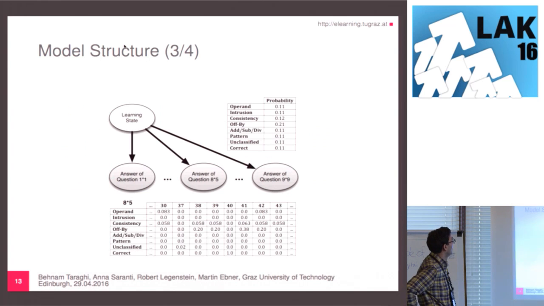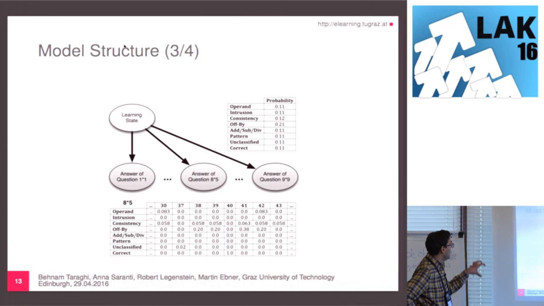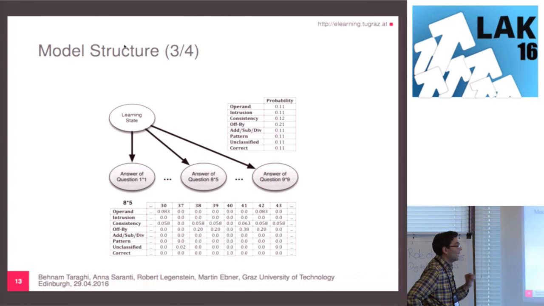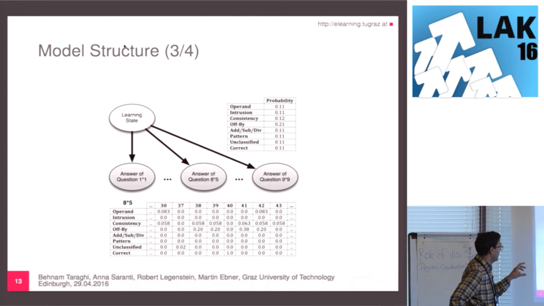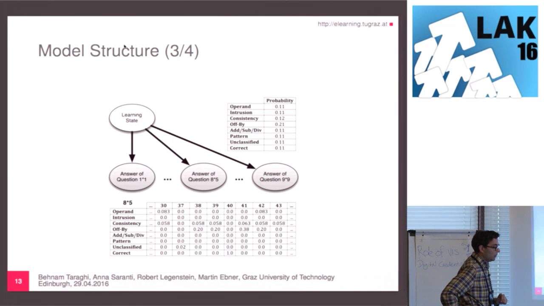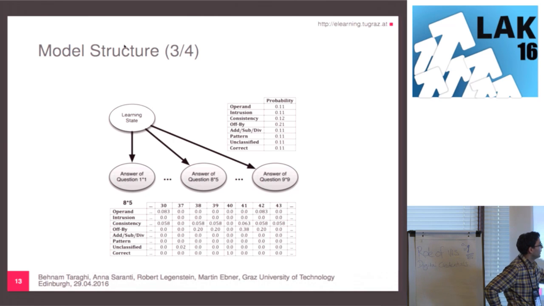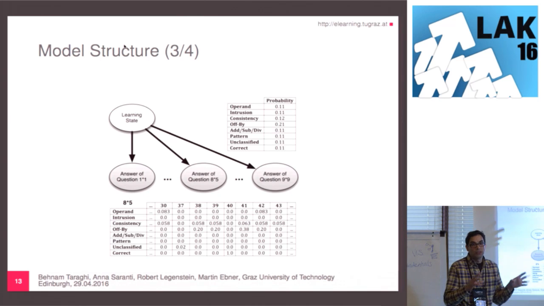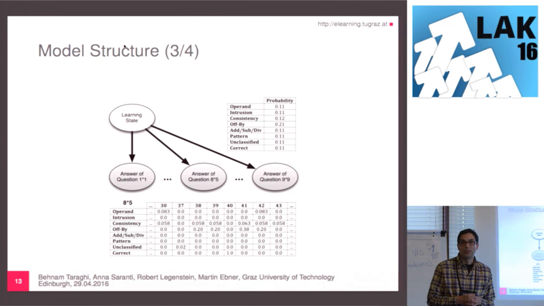This is actually the structure of the model. At the top we have the learning state, which is a random variable, a multivariate random variable. The outcome of this variable is our 8 defined misconceptions or error types. And the children of this variable are 90 distinct random variables, each showing the possible answers to a specific question, because in 1-digit multiplication we have 90 problems. So we have this